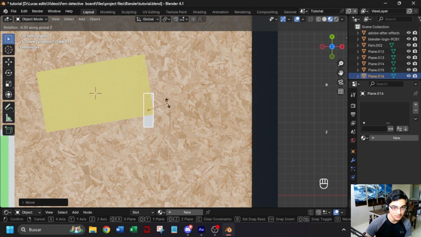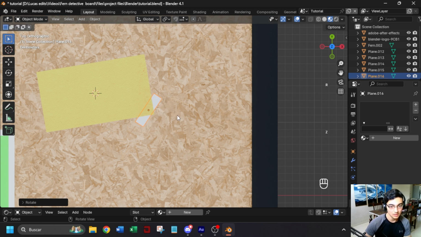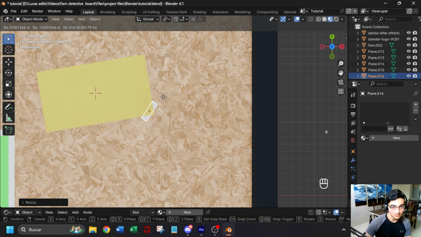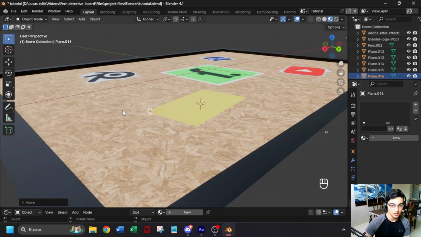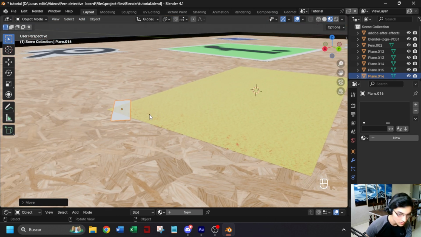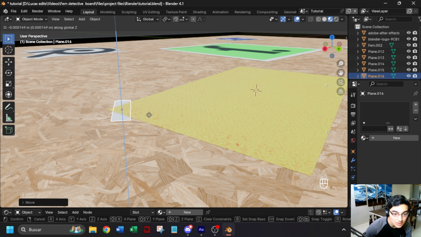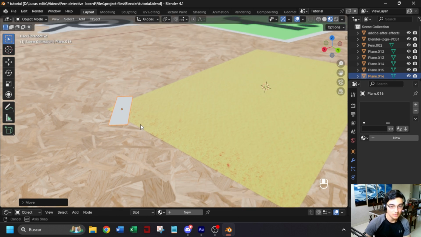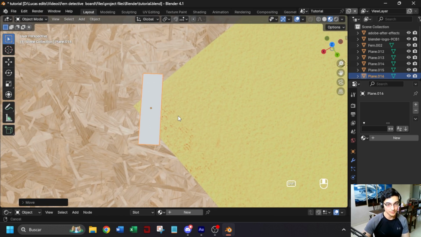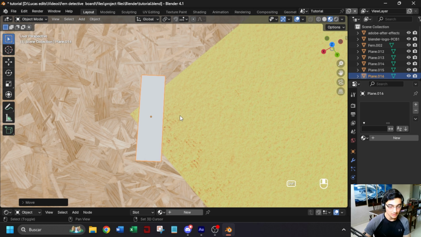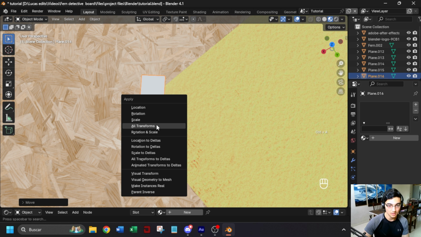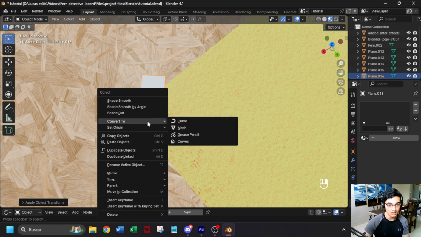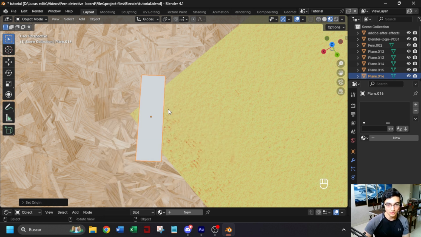And RZ, yeah, and S and G, and yeah, I think that's what I want. GZ a little bit, so it is up. Yeah, and then I'm going to go to, first I'm going to apply all transformations and set origin to geometry,